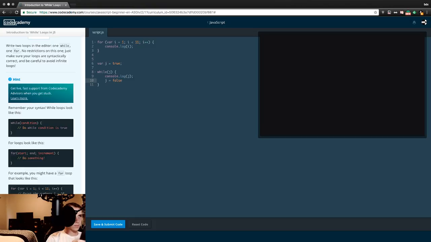Wait, whoa. The variable I will not be contained to the for loop scope. Okay. So it's not unique to just the for loop. Okay. The value of I will still be accessible after the for loop. Alright. Well,